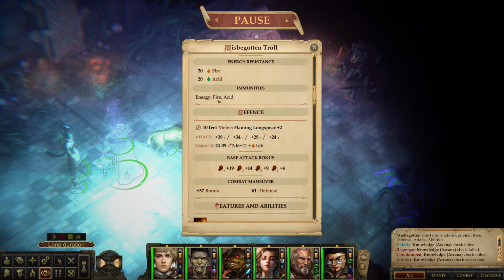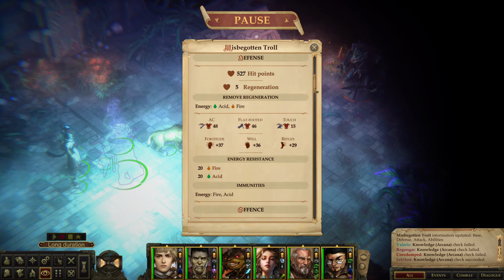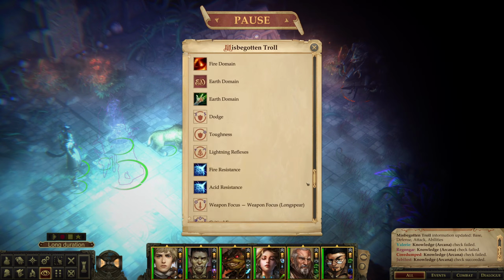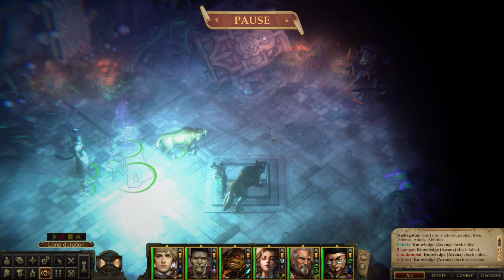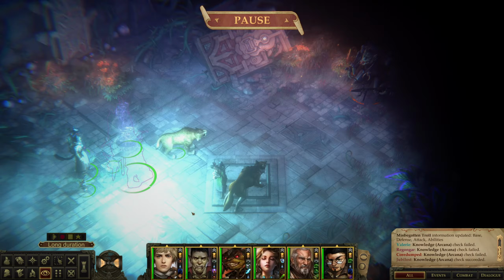He is immune to fire, which is kind of interesting because in order to remove regeneration, you have to hit him with acid or fire, but he seems to be immune to both of them. Interesting. But what I mean to say about this is, this guy is not an easy opponent. It will probably be easy for this party, right? But what can happen is, and I can discuss it a little bit more when we get to the previous map, if you pick up your companions in a different order, it's possible that you actually enter the house at the edge of time and basically miss a couple of your companions